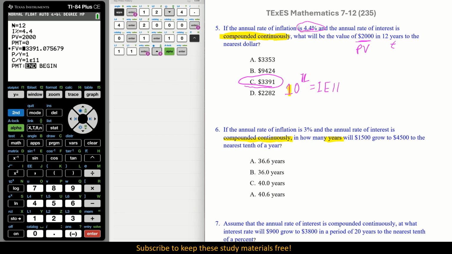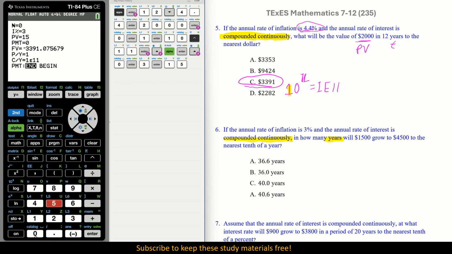Okay, so this is what we need to do. I'm going to go all the way back up. We're looking for years. So remember, our capital N, number of times compounding, we're just using the years, just the time. Okay, so it's going to be this 1 times the years, and we don't know the years, so that's just a 0 placeholder. Then we go down, and our interest is just 3. Now, our present value,